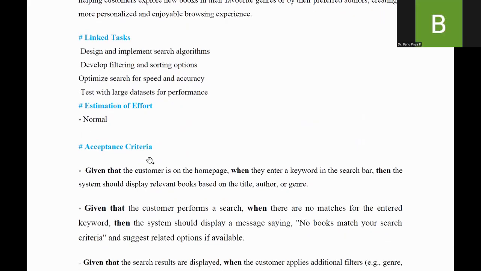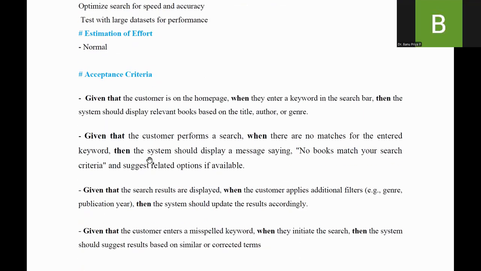It can be either normal, or maybe difficult or intermediate, or you can provide it in terms of days or weeks, 10 days, 1 week, like that. Estimation of effort, the time period, right? The estimation of effort is not only timeline. The estimation I already discussed. This estimation is usually not only based on time, even based on cost, even based on resources, you can do estimation. So estimation of effort can be this type.